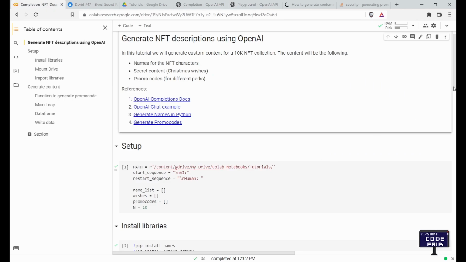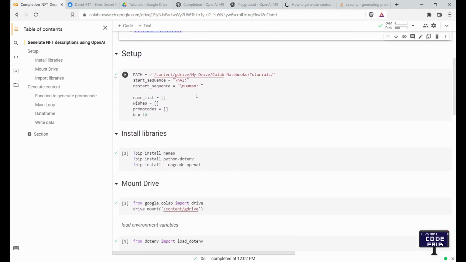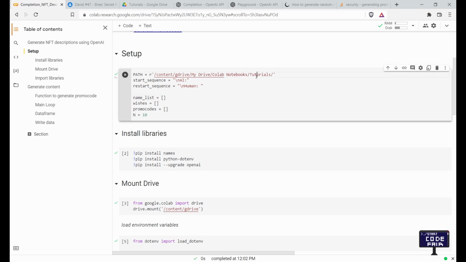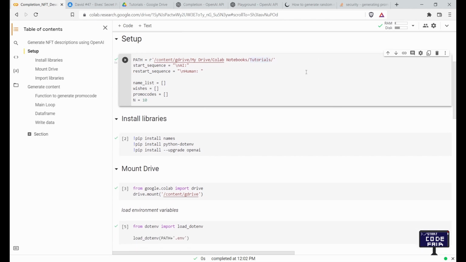So the first thing to do would be to create a directory in the drive where to store the .env file and the output with the names and the description. We have a couple of variables here, and here is the number of NFT descriptions we will generate. At the moment I will put 10 to be able to run the code fast,